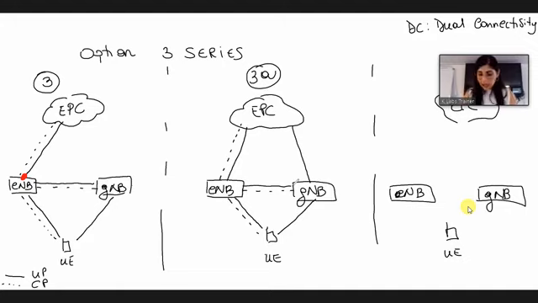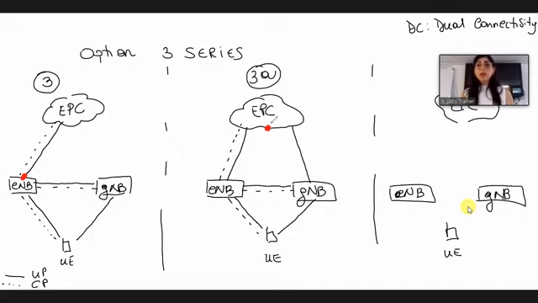Here, our data split point is the core network. So it is the core network which will split the traffic and send some traffic to the eNodeB and some traffic to the gNodeB. This option is actually seldom used because it is not so efficient: the data split is performed at the core network, but the core network is not aware of the radio condition.